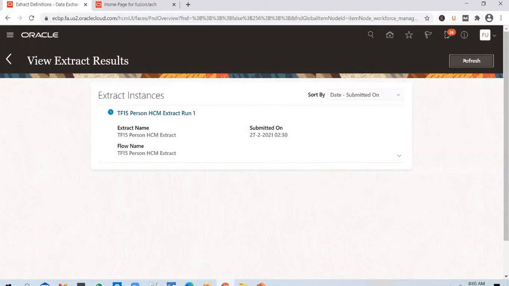It will take approximately 1 to 2 minutes to complete. And once it is finished, we will see the file that is uploaded to the content server.